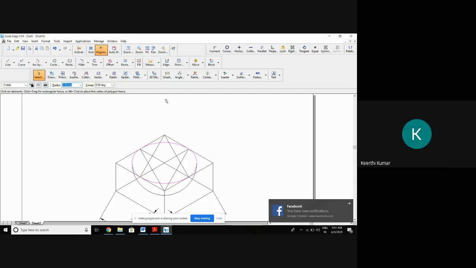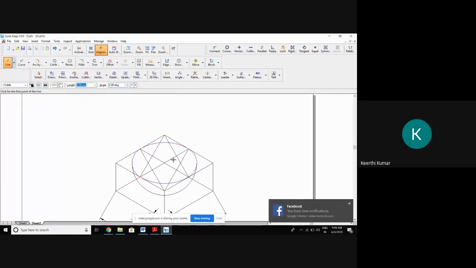70. Is there any solid above the cone? No, sir. If there is no solid above the cone, then no need to put the cone in a box. If there is one more solid above the cone, definitely you're supposed to put the cone in a box first. First, you would have raised the box so that you find out the center, and then you're supposed to connect the tangent. Now there is no solid above the cone here.